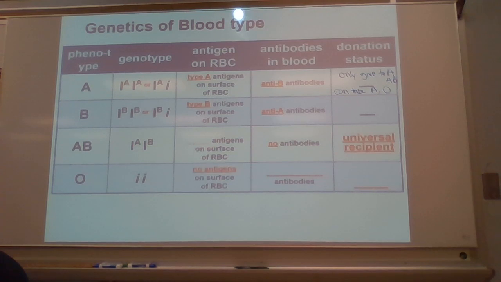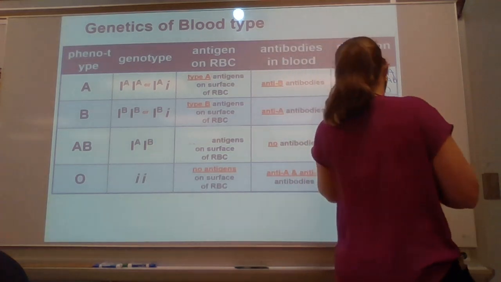Okay. I'll go ahead and fill these in here. So if you have B-type blood, again, you have two possible genotypes. You can either be homozygous or you can be heterozygous with the recessive allele, right? As long as you have that B allele, you're going to make type B antigens. And since you don't have any A antigens, you're going to form anti-A antibodies. So they're going to attack any A antigen that they see because your body knows that's not your blood. And so if we think about donation, you could give blood to,